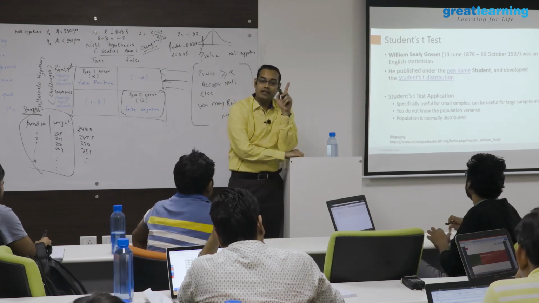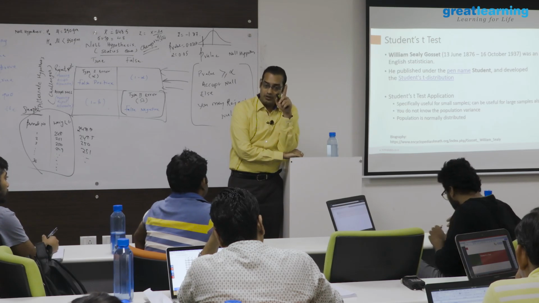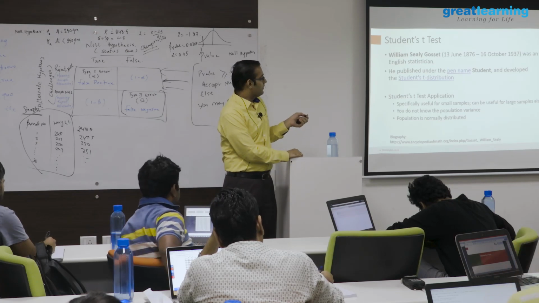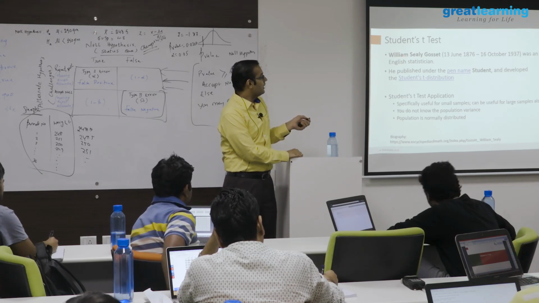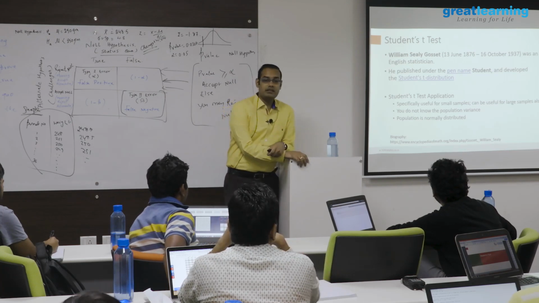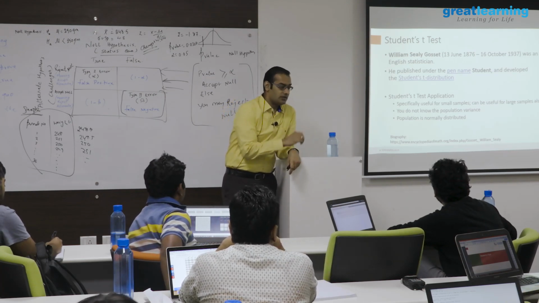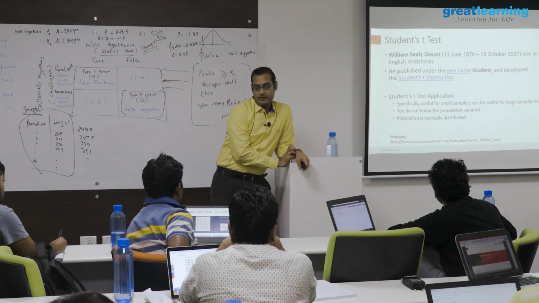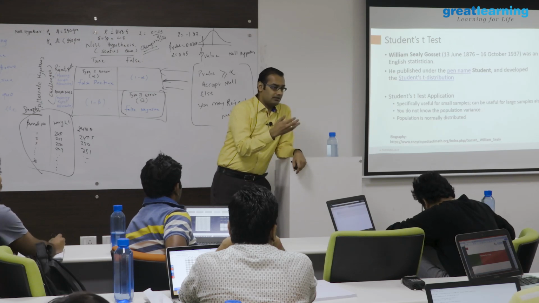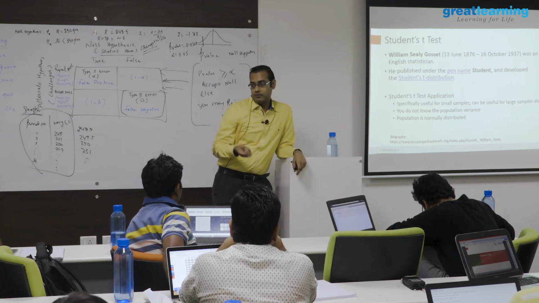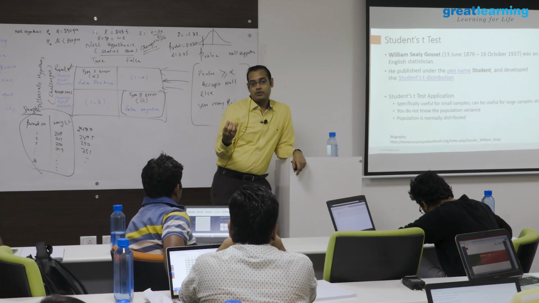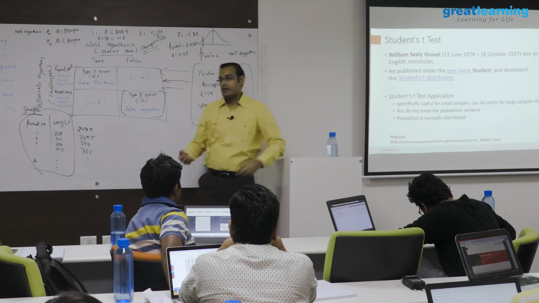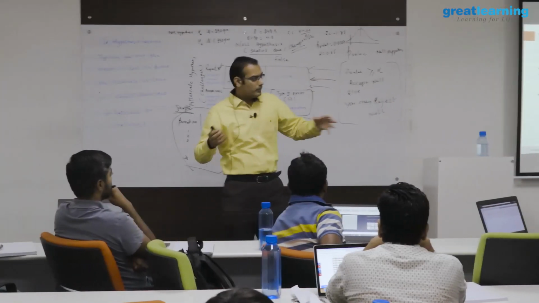But specifically why was it designed? It was designed for small samples. Now who designed it? It was found by a mathematician, statistician, William Gossett. Basically, if you go and see the history of this person, he used to work in a brewery by the name Guinness. And there they had to create various breweries, so he had to work with barley. Barley is one thing from which the breweries are made, so he had to do many of those